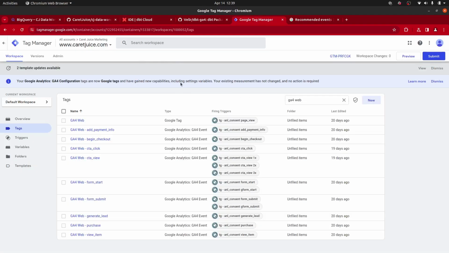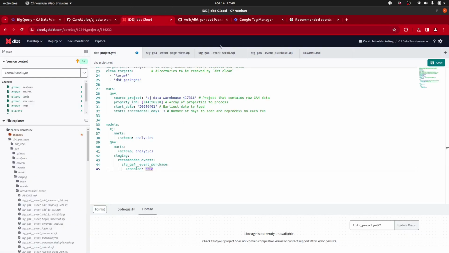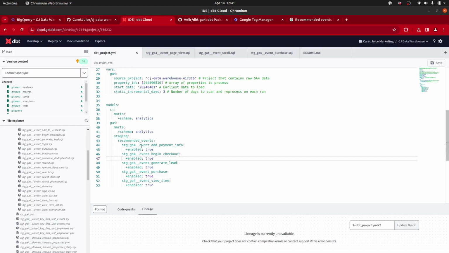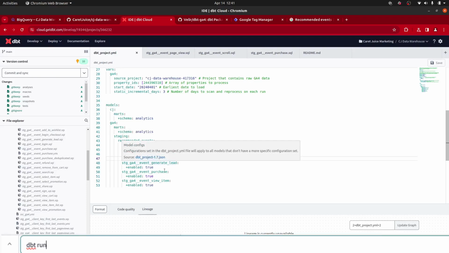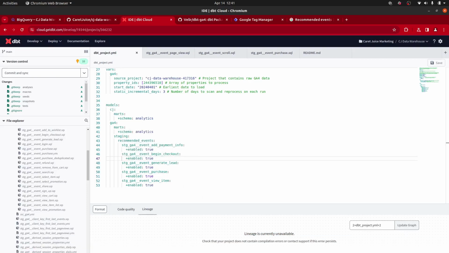So go look here. This is my GTM container. We see here I've got the base tag, and I've got add payment, begin checkout, generate lead, purchase, and view item as recommended events. So I'm just going to enable them all, and that will take care of everything except for custom parameters. I'm just going to enable them offline. There, and now you can see I've enabled recommended events: add payment info, begin checkout, generate lead, purchase, and view item events. And now when I do a DBT run,